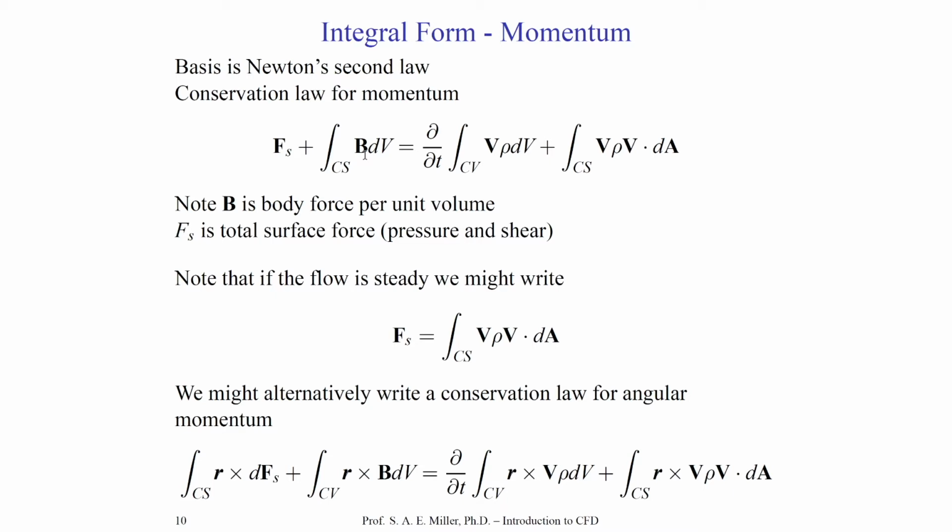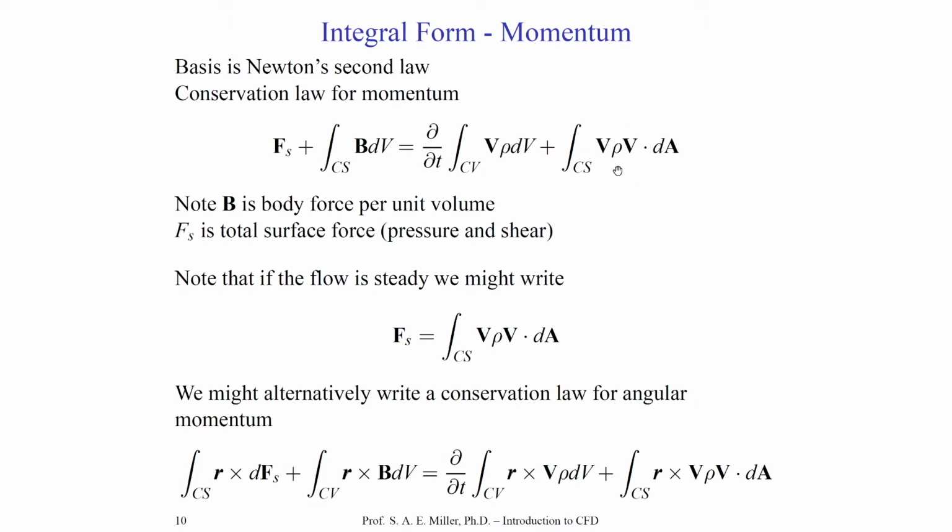So this is the volume integral of the vector of gravity, perhaps, or maybe it's a magnetic force. But we would also have two additional Maxwell equations for that. These two terms, of course, are balanced by the right-hand side, which is the partial derivative of the momentum in the volume, the specific volume, added to the momentum flux, which is this last term, which is V rho V